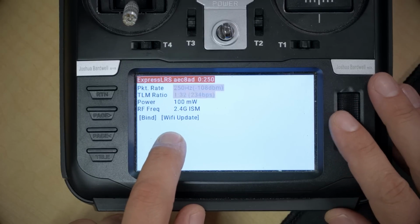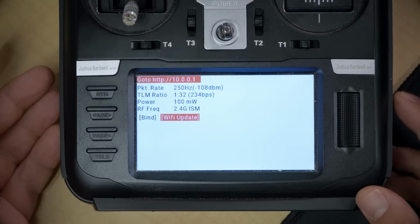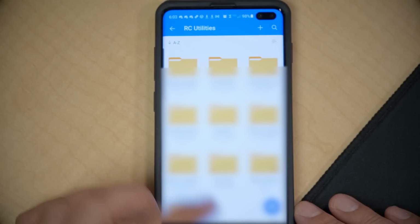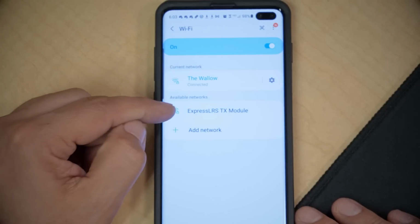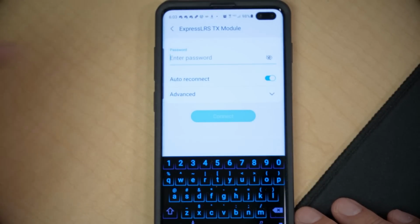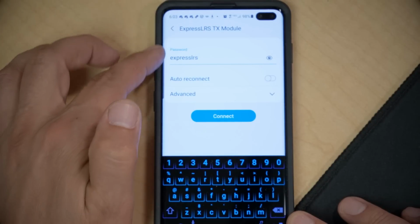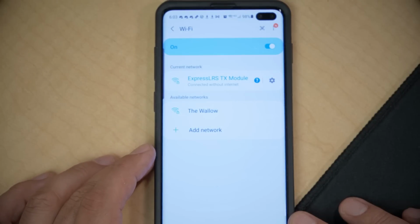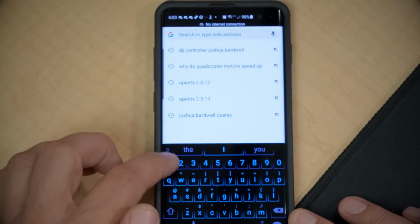Here we are in the ExpressLRS Lua Script, and I'm just going to go down to Wi-Fi Update and click. And we can see here it says go to HTTP 10.0.0.1. And here on my phone, I'm going to go to the Wi-Fi. And I'm going to look for a wireless network, which I should see a new Wi-Fi. There it is, ExpressLRS TX module. The password is ExpressLRS. We don't need to auto reconnect. We will just choose to stay connected here. Connected without internet, okay? Then we're going to bring up the web browser, and we're going to go to that address